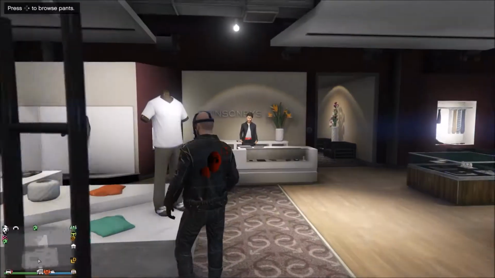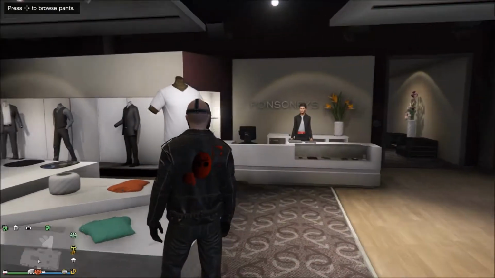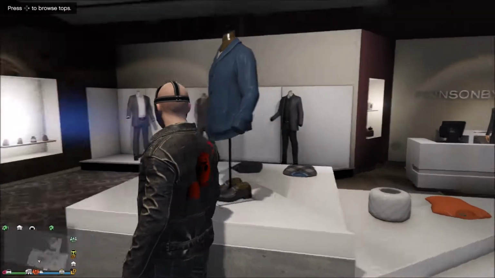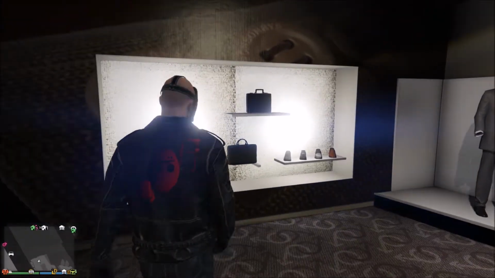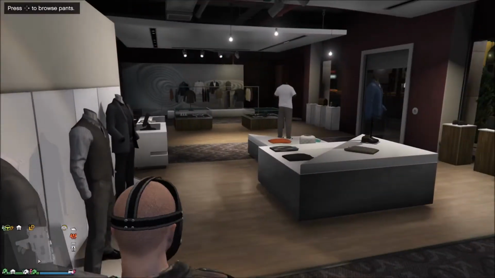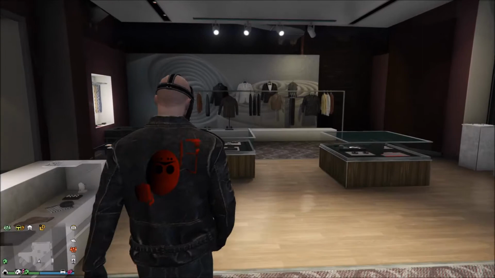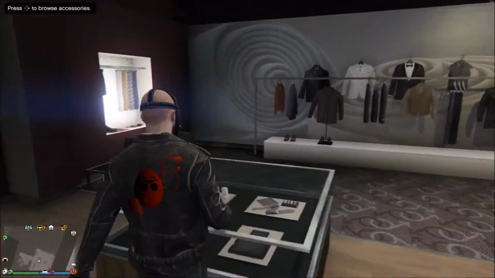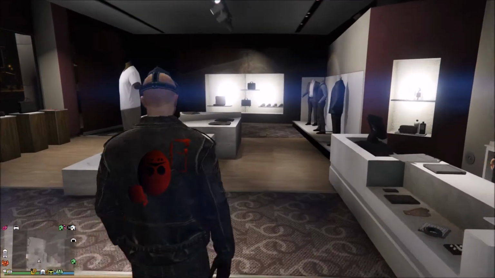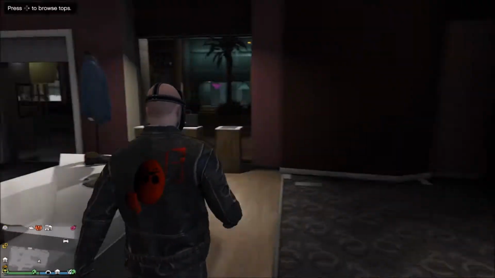So you have various clothing stores. I can't really do it at the minute, but you'll go and you'll press right on your D-pad to browse tops, or browse shoes, browse pants. Now the thing with this is, you will unlock more stuff as you level up, but it's not an unlocking process like DCUO is, because in